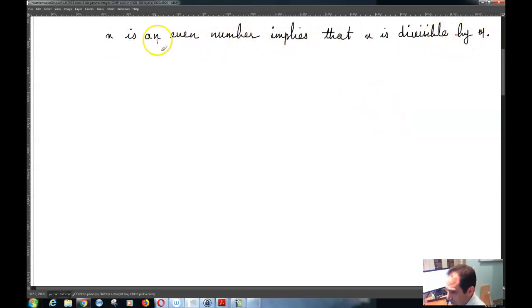So what this means is that this is your if clause, and implies means basically this notation over here. So that means that if this, then that, right? So the contrapositive of this